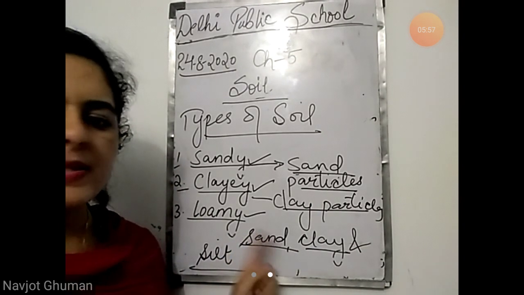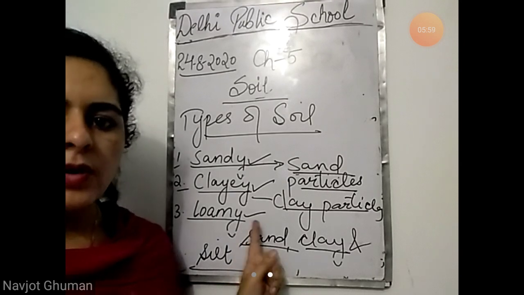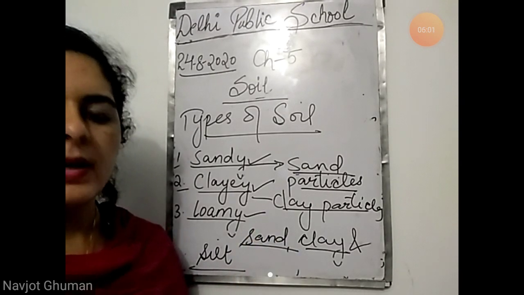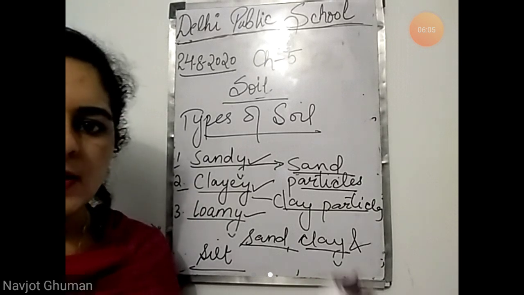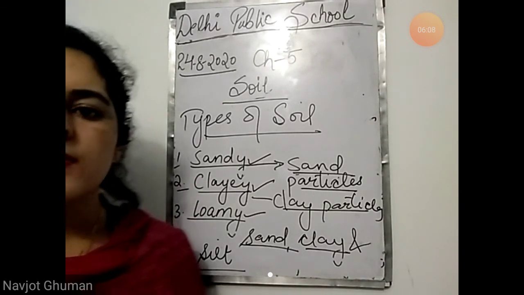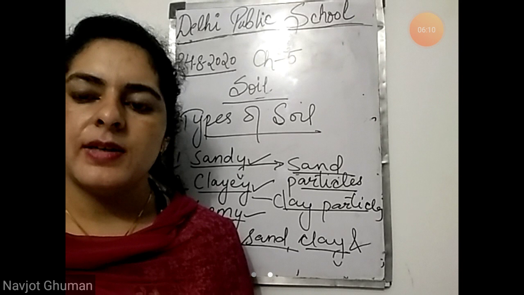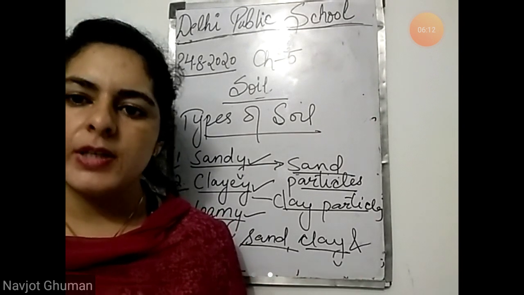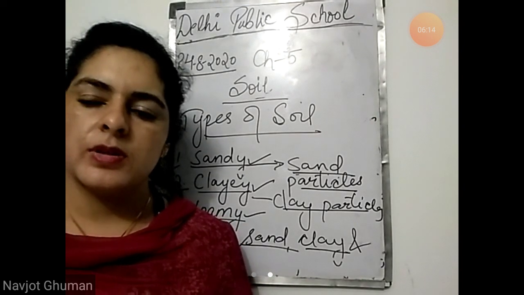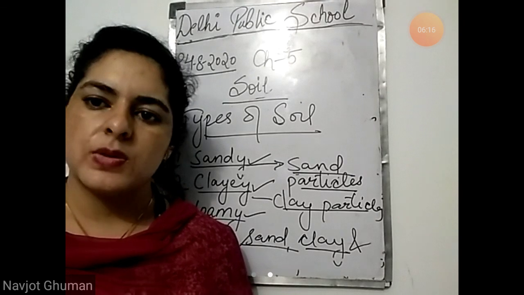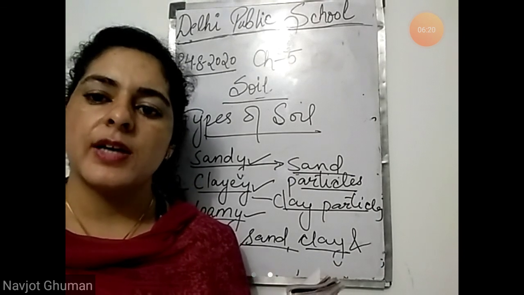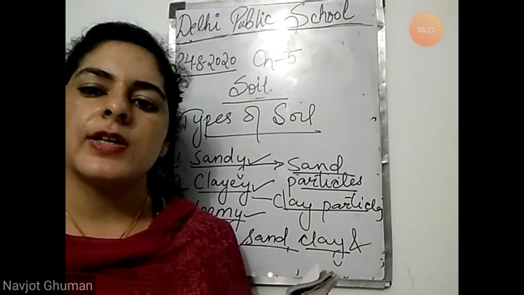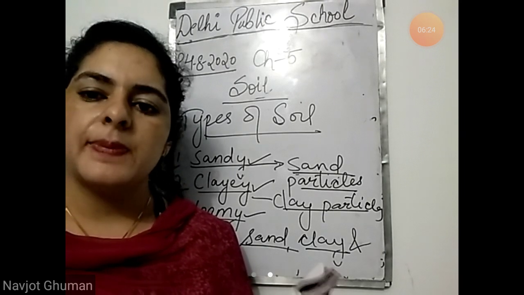Plants, they grow best in the loamy soil because it gives nutrients to the plants. See, it is rich in nutrients and humus. Humus, we know that it is the dead remains of dead plants and animals. Humus is very nutritious and it gives nutrients to the plants and it makes the soil fertile. जहाँ पे ज़्यादा humus होती है वहाँ पे soil बहुत ज़्यादा fertile होती है, and at that place plants they